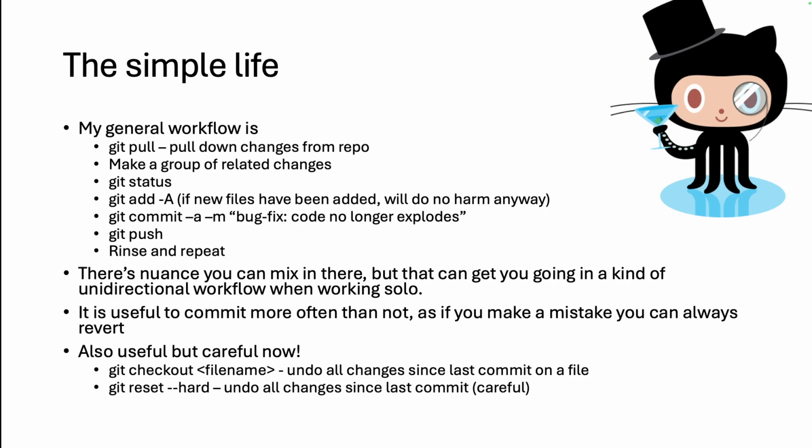You can get going. It ends up being a unidirectional workflow, and you're just using Git for a backup. But it is useful to commit more often than not, even if you're just working locally. But also be careful. You can use git checkout and give it the file name. So git checkout readme.md will undo all the changes since the last commit on that file,